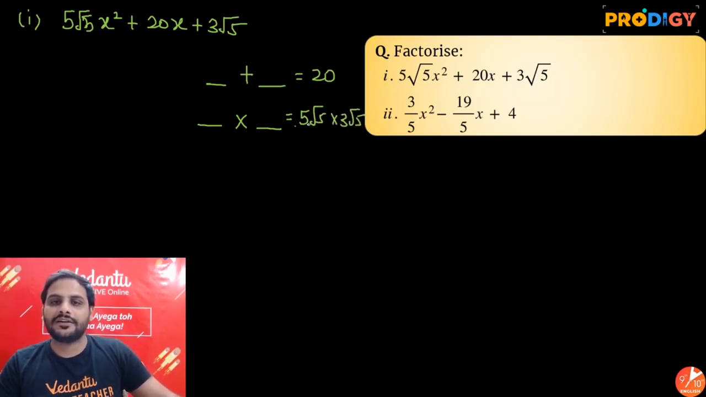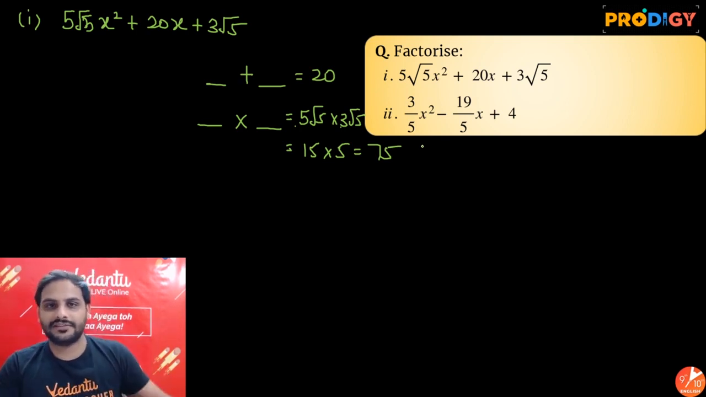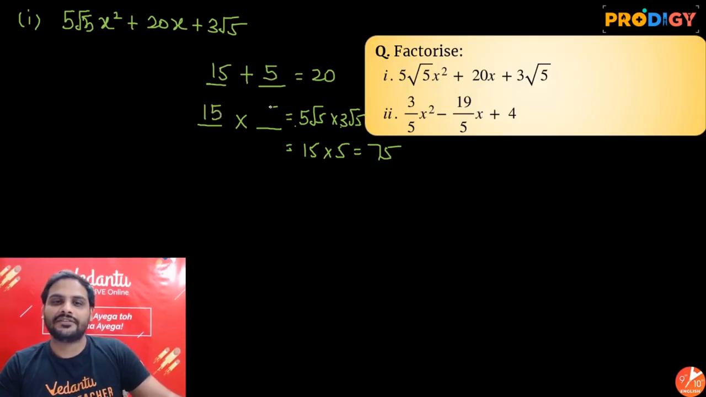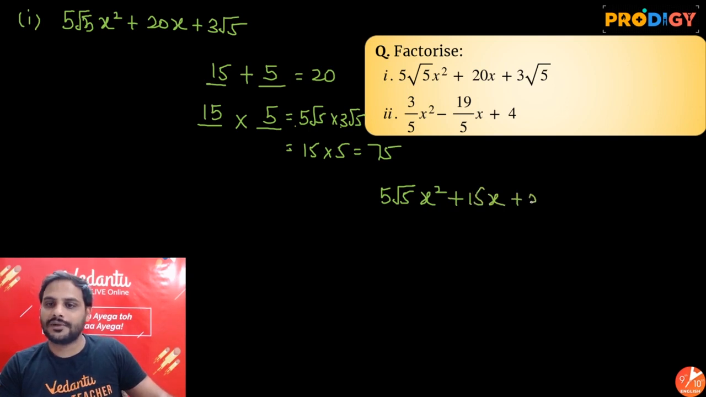Simple, look, 5 3s are 15. Root 5 into root 5 is 5. 15 5s are 75. So you want two numbers such that addition is 20, multiplication is 75. The numbers are nothing but 15 and 5. 15 5s are 75, 15 plus 5 is 20. So I will write this quadratic polynomial 5 root 5 x square plus 20x. Now I have written it as 15x plus 5x